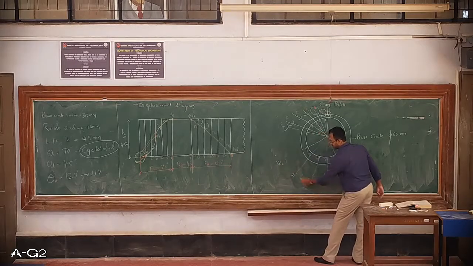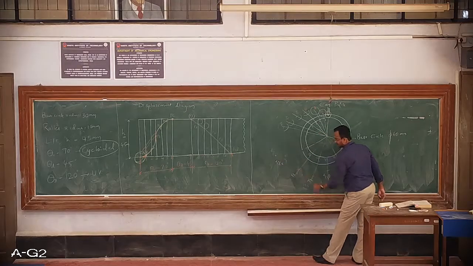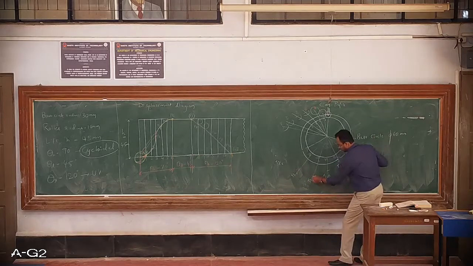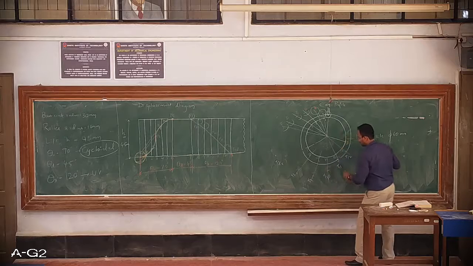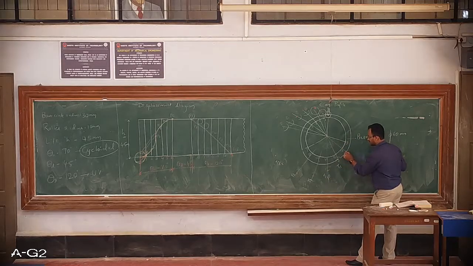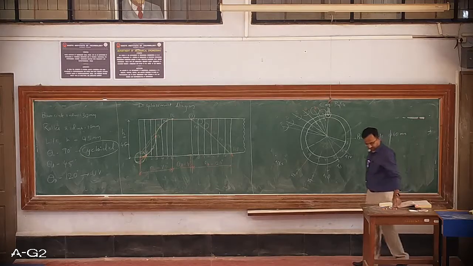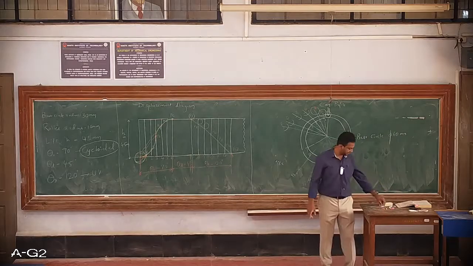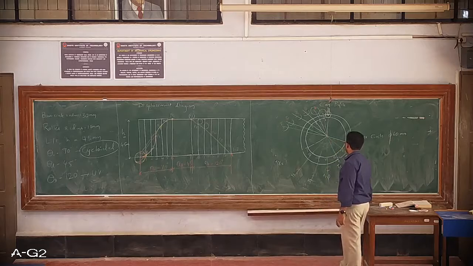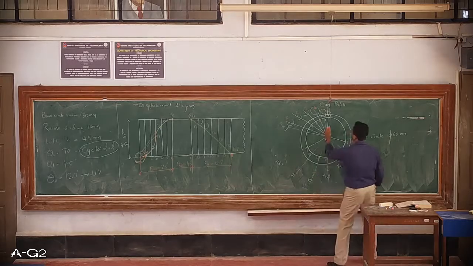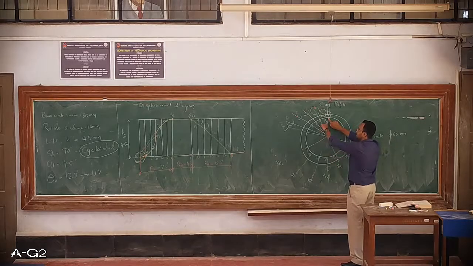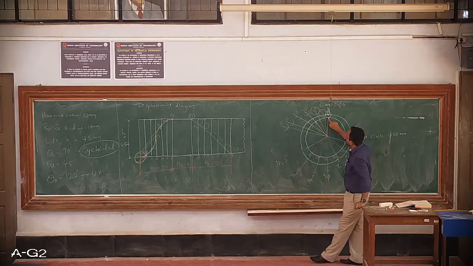With T8 as the center, radius of 10 mm, we'll draw a small arc. For T9, I've drawn the arc. For T10, the arc is drawn. For T11, the arc is drawn, and for T12 also, the arc is drawn. So once you get all these arcs, your job is to start from this point 0 and go on drawing a smooth curve such that the curve will be tangential to these rollers. That means it will touch these curves at only one single point.